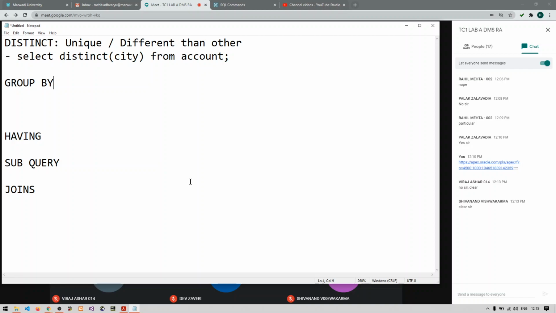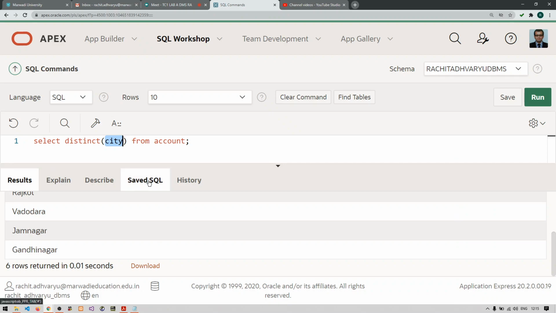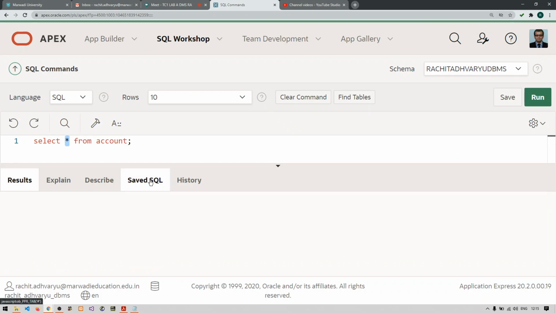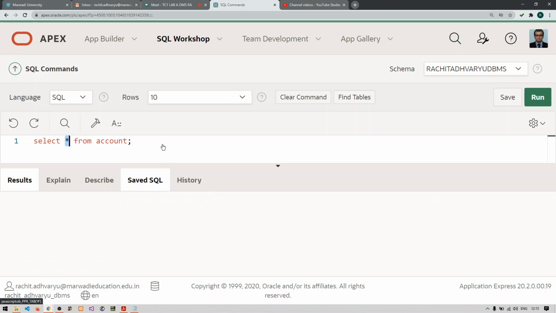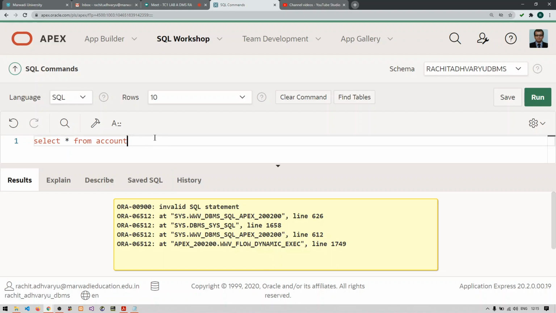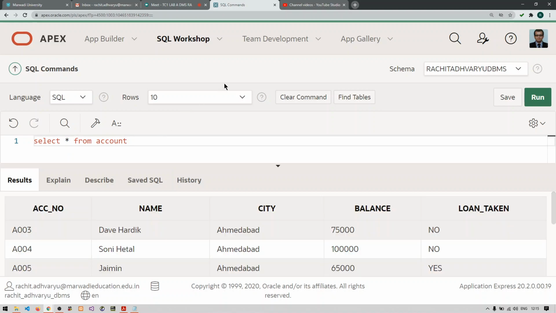Let me take a simple example here. So let me just execute select star from account. Right, so if I talk about this city, what I was saying is that group by means you can collect the same data or same values of the tables into individual different groups.